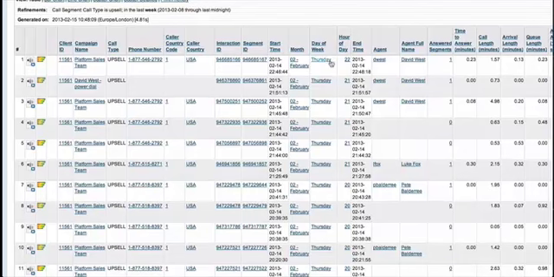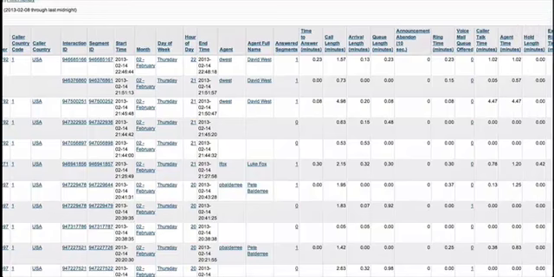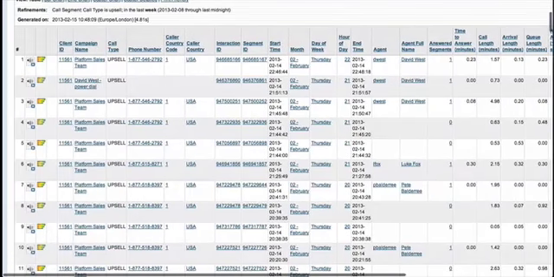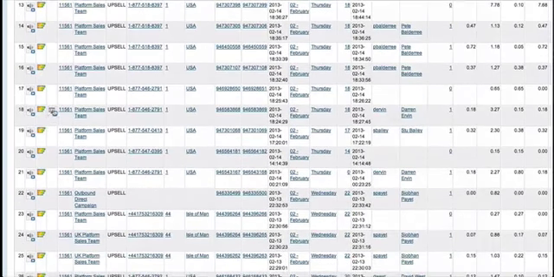Start time, date, day of week, etc. All your standard metrics along here. If we scroll across, you get agent details, and then all of your metrics here, so time to answer, etc. Okay, if we scroll back along, what I'm going to show you here is this. If I scroll down and find one of our call recordings, if we look at this one here,